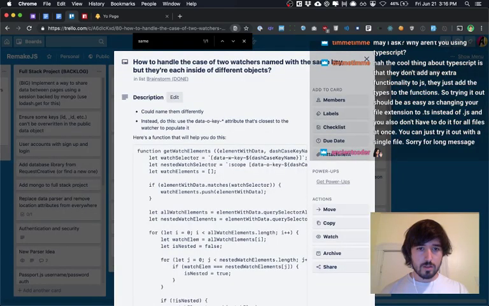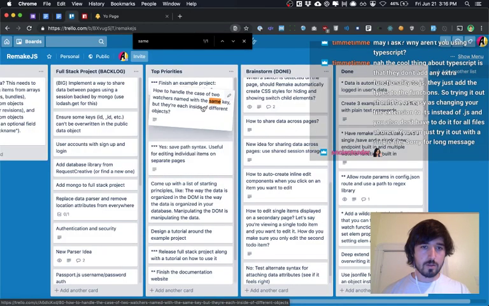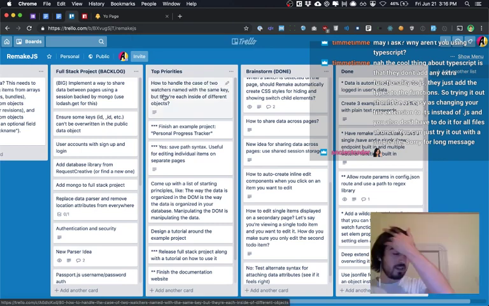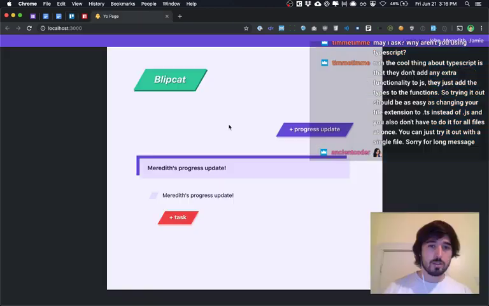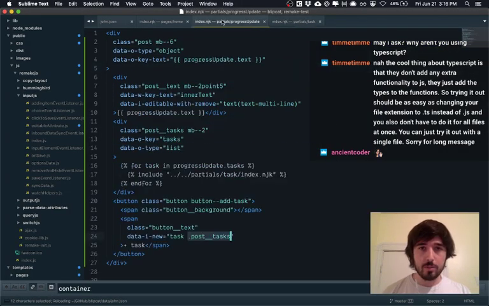Oh, okay. So yeah, this is coming out of the brainstorm area and into the top priorities. So yeah, I guess I thought I implemented that, but I didn't implement that. So this is not the perfect example that I thought it was. But if we just change the key name of the text,